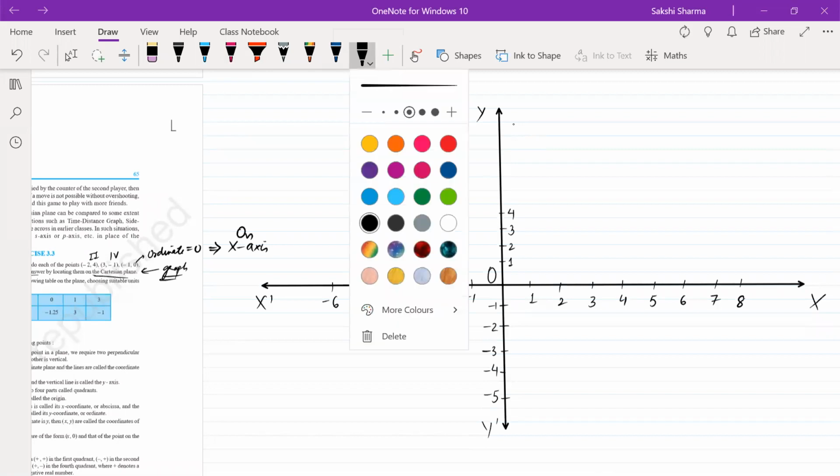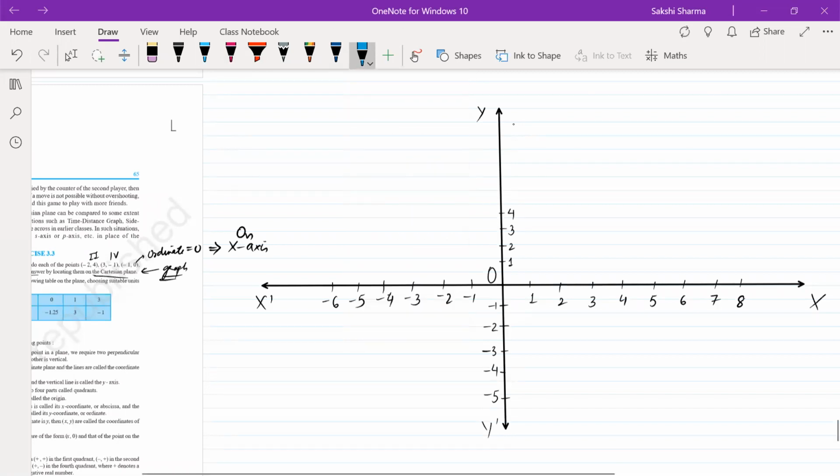Let's mark the points now. The first point is -2, 4. So -2 from the x-axis and 4 from the y-axis. It's not again necessary to show these dotted lines, but if you want, you can. So from x-axis, I've taken -2. From y-axis, I've taken 4. So this is the point, and I'm going to name the point as A, and I'm going to write down its coordinates along with it. A -2, 4. डायरेक्टली प्लॉट कर सकते हो, आपको जरूरी नहीं है ये डॉटेड लाइंस दिखाना.